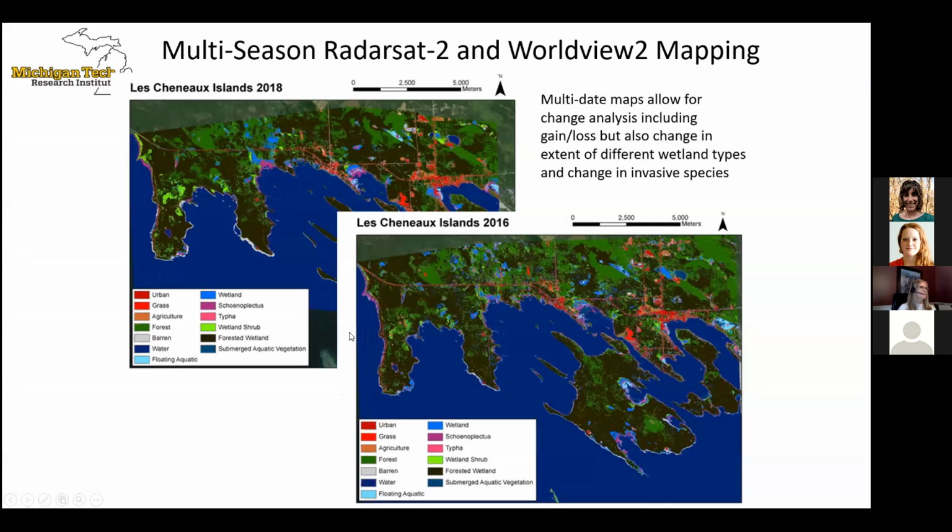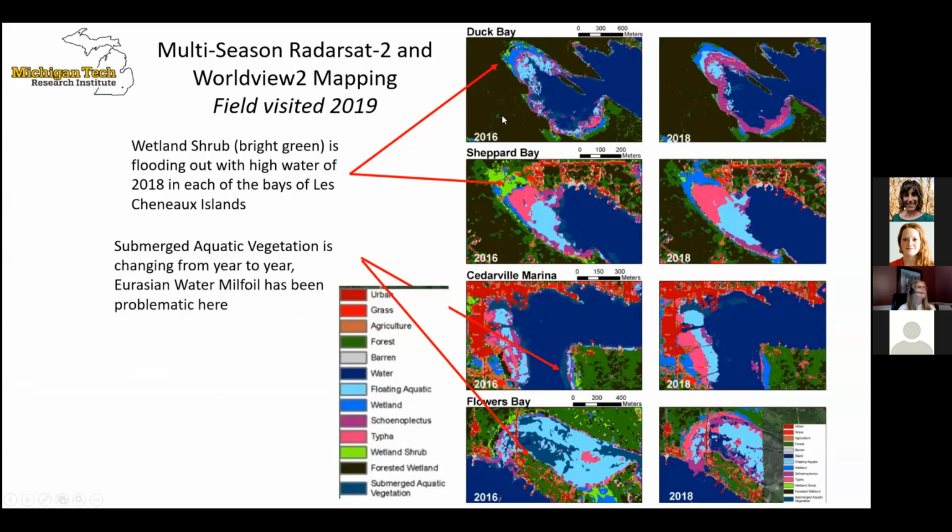We did see, just jumping down to Les Cheneaux Islands, we had 2-year difference there. We actually saw big changes there. So Duck Bay at the top and Shepherd Bay, you can see 2016 is on the left and 2018 is on the right. You see a decrease in the wetland shrub, and it's probably flooding out, and then the emergent is coming in,